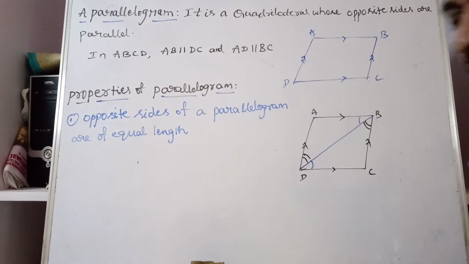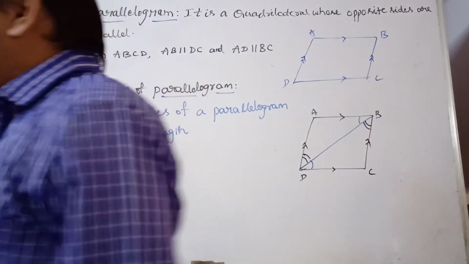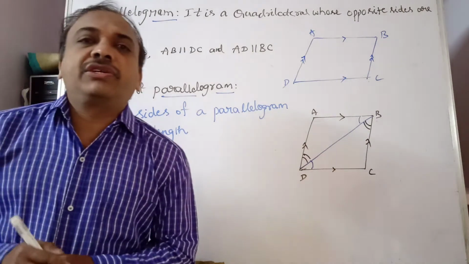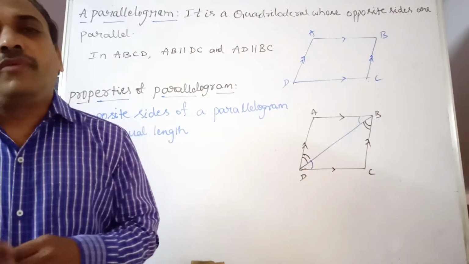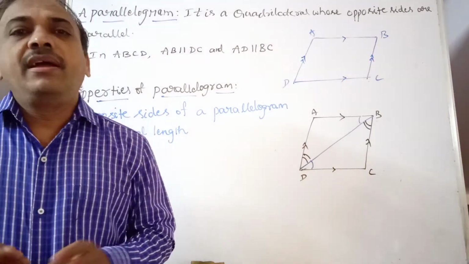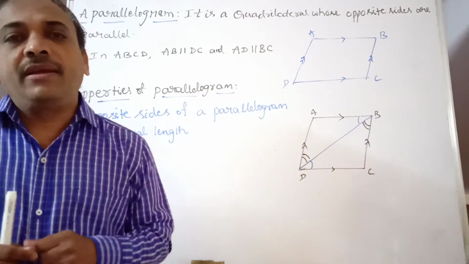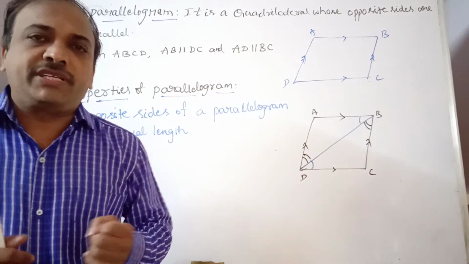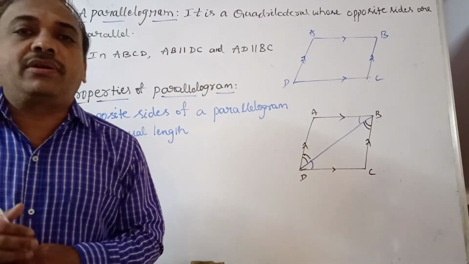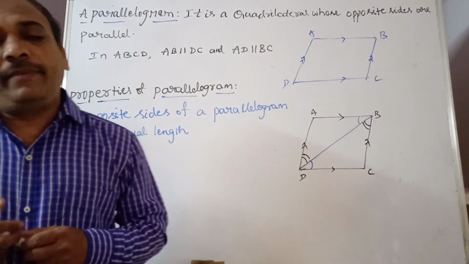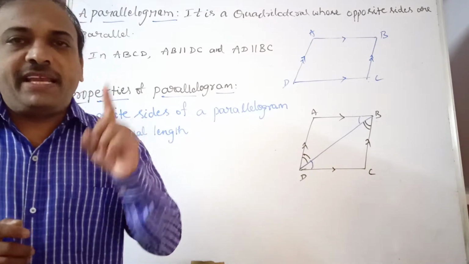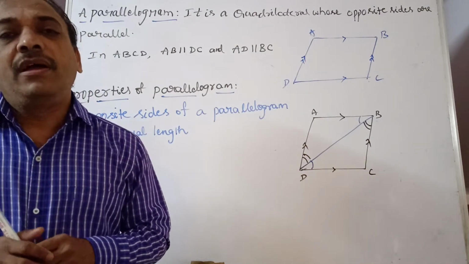I hope you understood what we have discussed in the previous session, understanding quadrilaterals. In that we discussed how to find the exterior angles and the sum of exterior angles of any polygon, and the sum of interior angles of any polygon, regular or irregular, by using the formulas we have discussed, and types of quadrilateral. In the previous class we discussed the trapezium as well as the kite. In a trapezium, one pair of opposite sides are parallel.